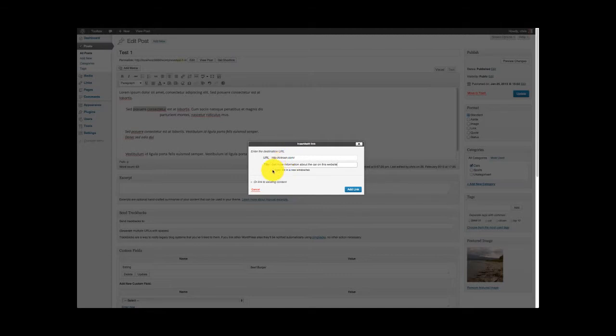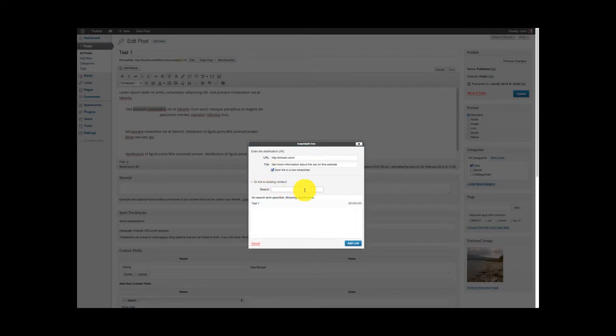Okay, and we can click on this little thing. It will then send us to a new tab or window in your browser instead of leaving the website. Or you can link it to other posts on your website. So if we would like to link this to our only post at the moment, we could click here, and you see it gets my URL. Okay, so let's add that,